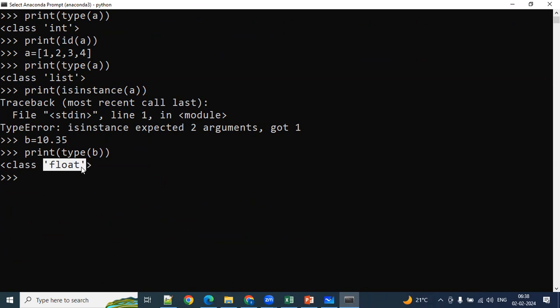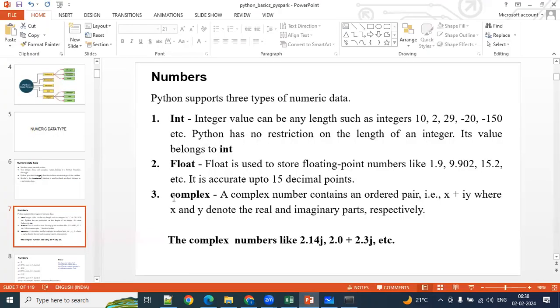Generally, in order to represent the price columns and other columns, we are going to take these kinds of numbers. So that is about the float. And I'm not focusing too much on these data types here because you already know these number formats. And the third one is the complex data type.